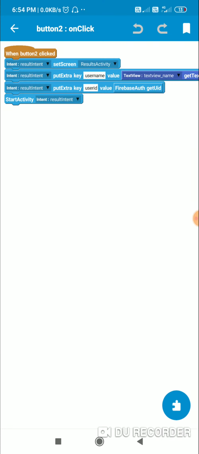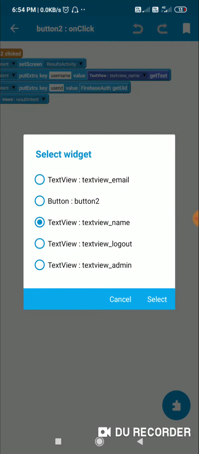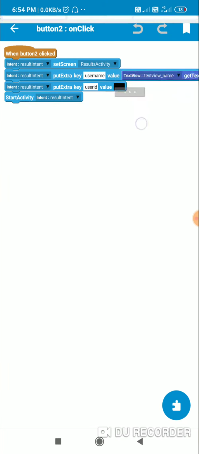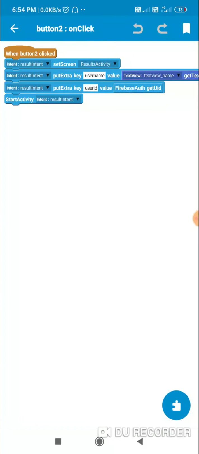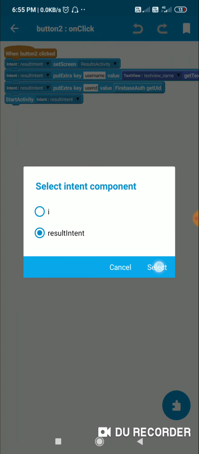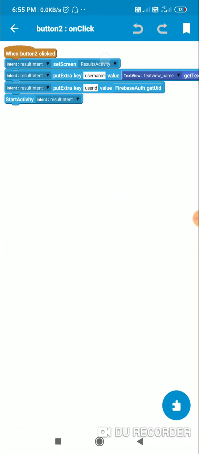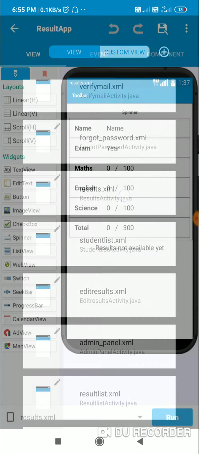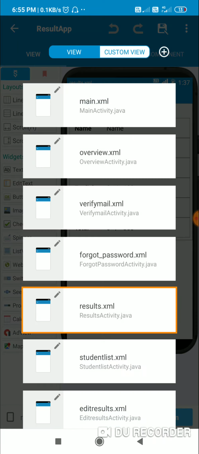Then I put key username value, text view name get text, and put key user ID value Firebase auth get UID. So this is the UID of the user. He has to check his own result, and then start activity result intent. So this will take him to results activity, which looks like this. This I will show you later.